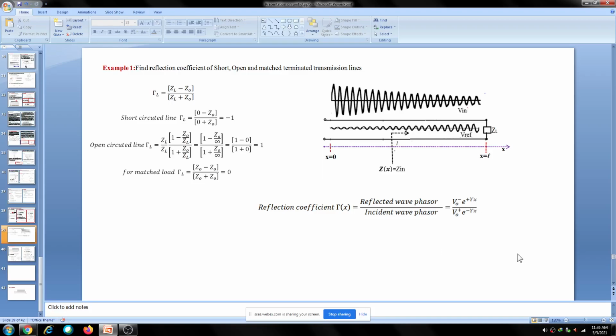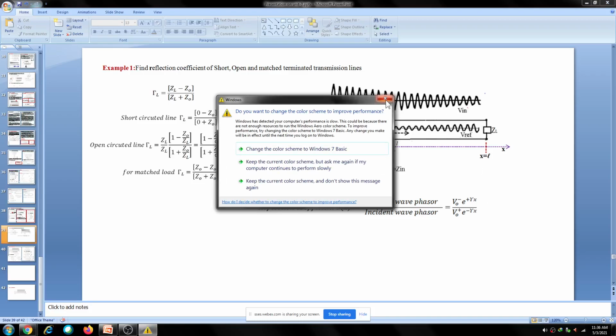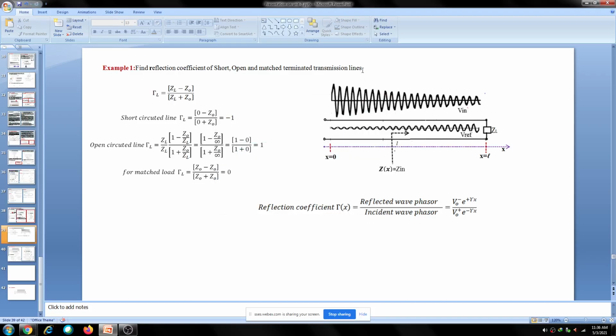So this is about the reflection coefficient for different terminations: ZL infinity, 0, or equal to the characteristic impedance, or it may be anything. You can do that calculation in the examination. If they ask you to find the reflection coefficient of open circuit, short circuit, matched termination, or some given load, you should find it like this. That may be a 6 marks question.